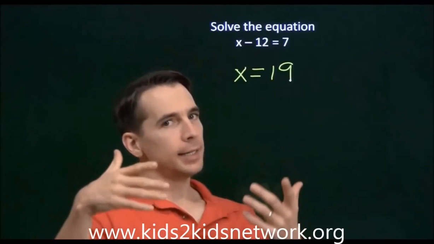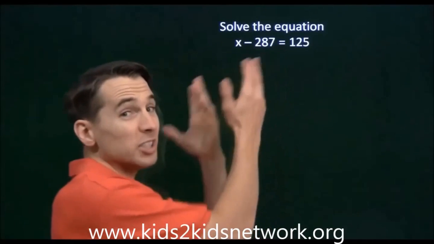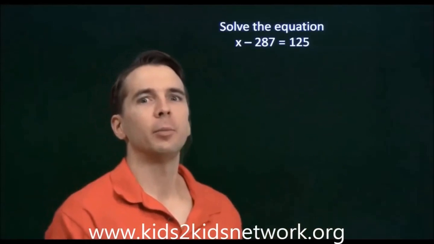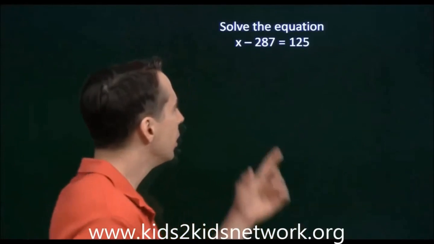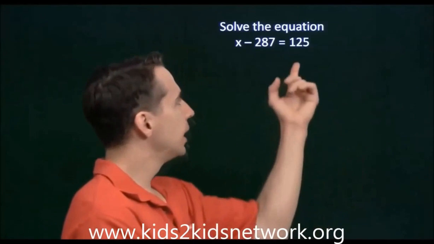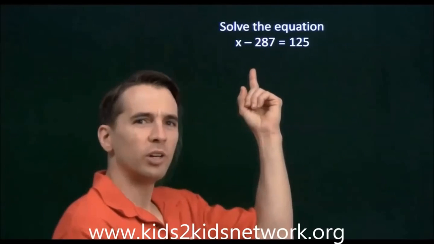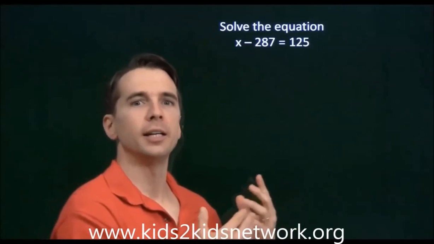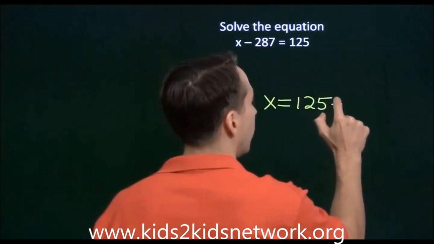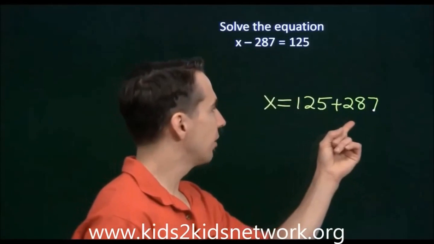is 7. Now that we're all warmed up, let's look at a slightly more challenging problem here. It looks exactly like the previous problem, except we've made the numbers a little bit larger, so you can't just think about the number line or just know the answer immediately. We have to think a little bit here. X is the number that we subtract 287 from in order to get 125. So X must have started 125 larger than 287. So X must have just started off as 125 plus 287, so that when we subtract this 287 off,